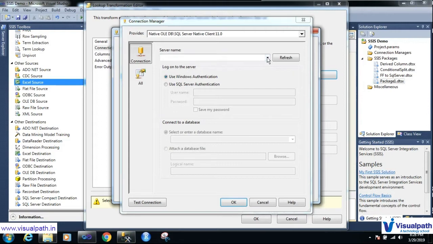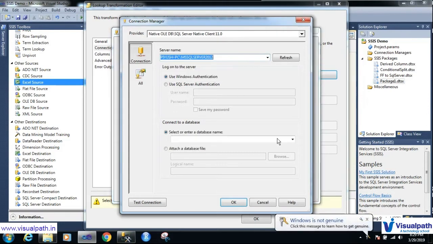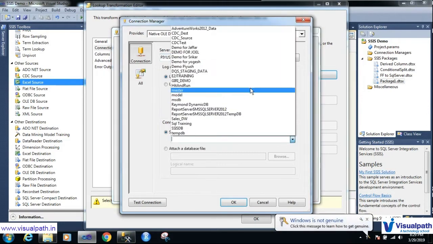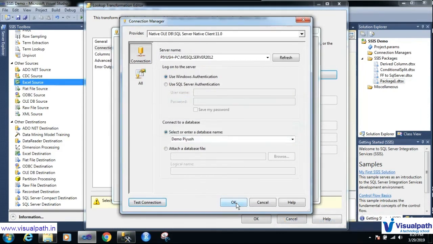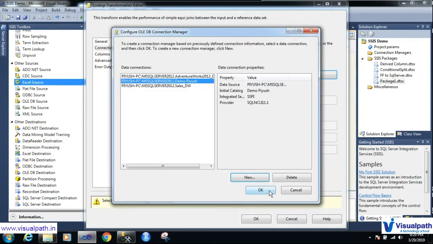I will take a server name from the drop down list and I will take a database name from here. Let me take demo Piyush. Okay, test connection succeeded. Click on OK, click on OK.